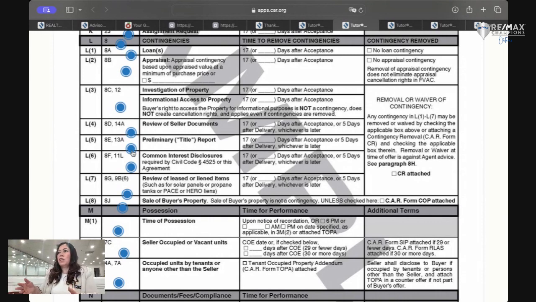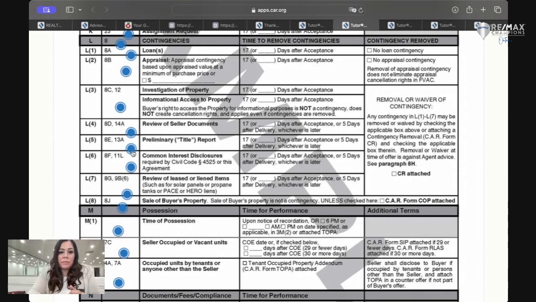So you want to definitely order your prelim as soon as you take the listing. That way it gives you time to review it with your seller and make sure there's no issues. You'll be surprised. Some people are like, I didn't know my cousin, someone, whatever, is on title. I don't have any idea where they're at. Or there's issues with liens that they didn't know about. So you just want to make sure that you have taken care of all that, so that way you can